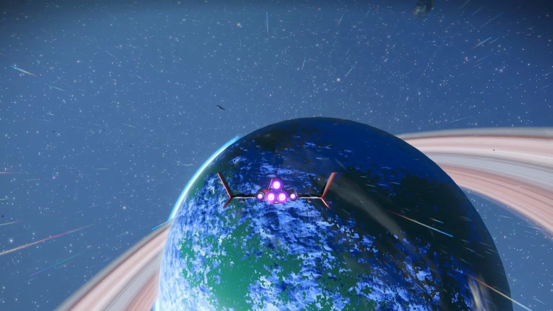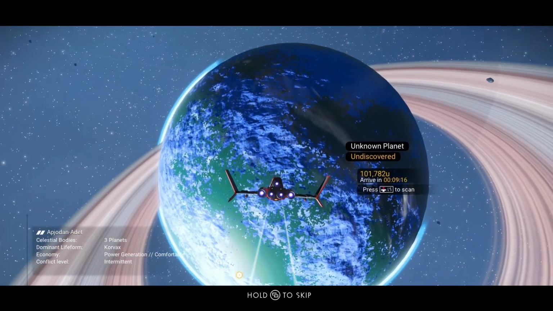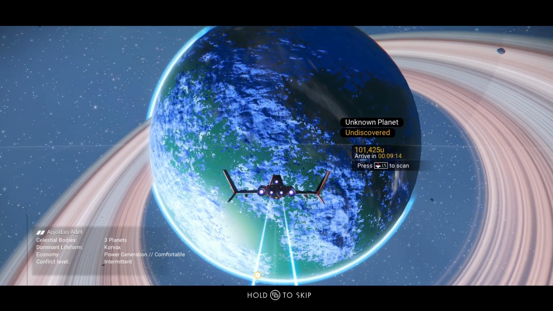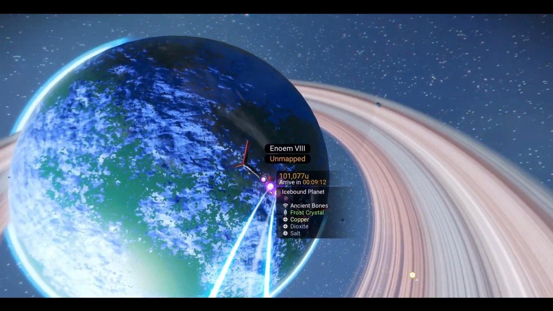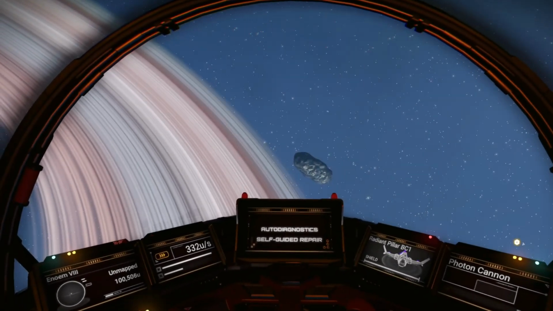All right, that was pretty quick. That didn't take too long. Here we are. Let's scan the planet. See what they got. An icebound planet. Let's spin around. Every time you fly into the system...